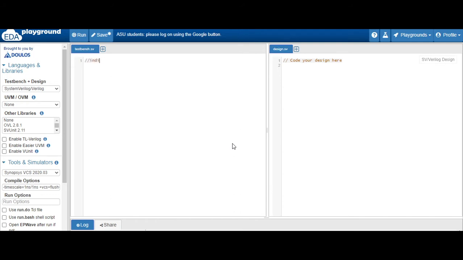As you all know, the inside keyword is mainly used to check whether the value we are generating using randomization lies within a certain range or not. We also make use of the inside keyword to generate random values within a certain range. Before jumping into applying the constraint, we will see how we can use the inside keyword to check if our value lies within a certain range or not.